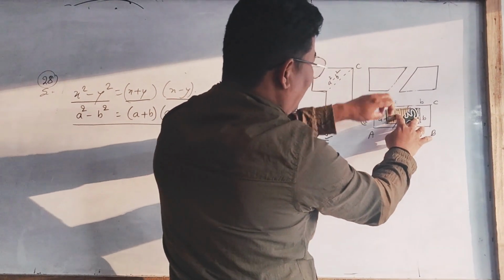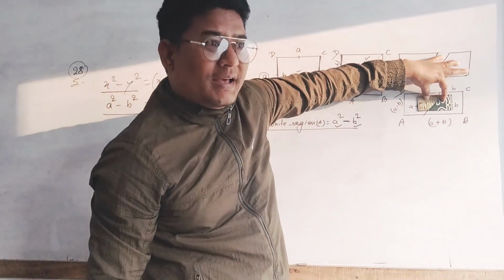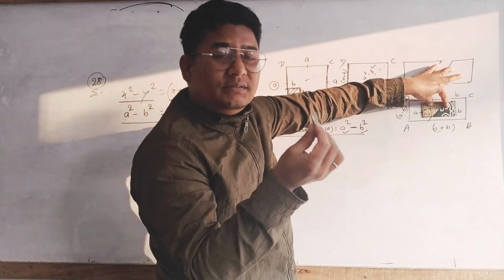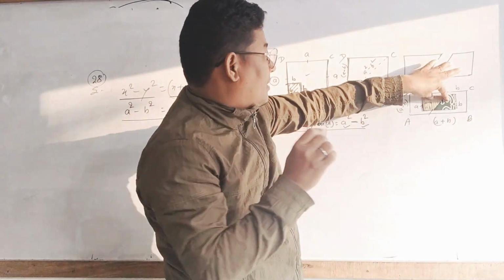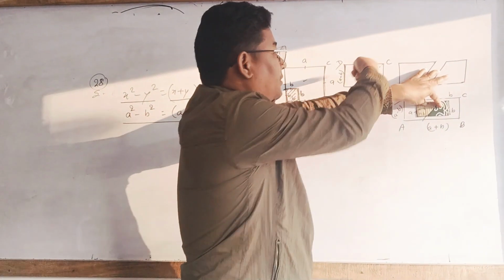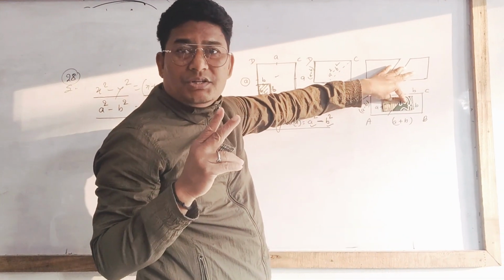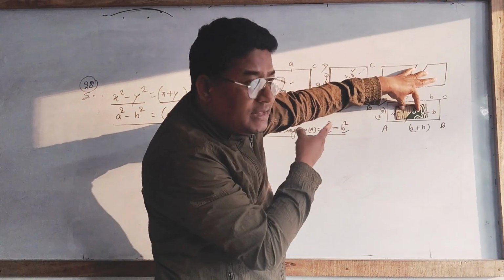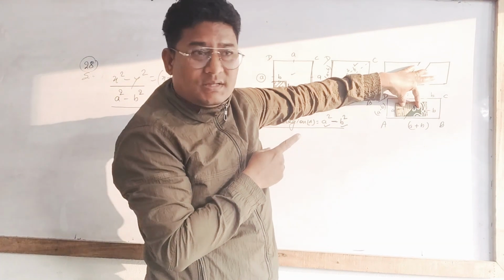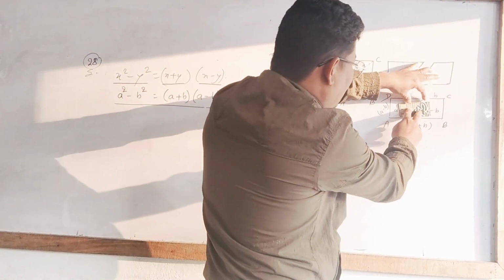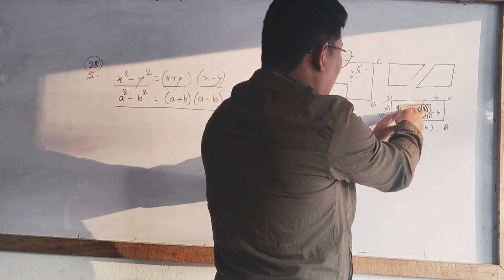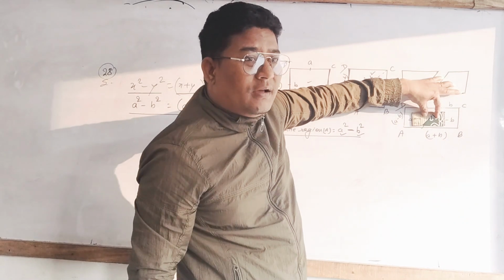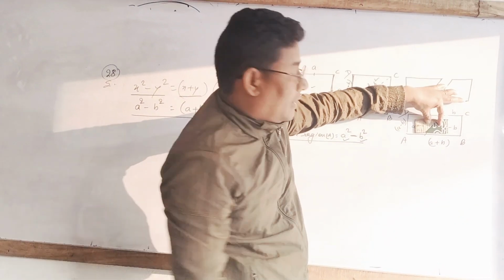This is picture number 4. First number was a square. Second number, after removing this part, it becomes like this. Third number, from here to there, separate, it becomes 2 parts. After that, by folding, I arrange it. Is it like this? Is it clear? Yes, sir. After arranging like this, it looks like a rectangle.